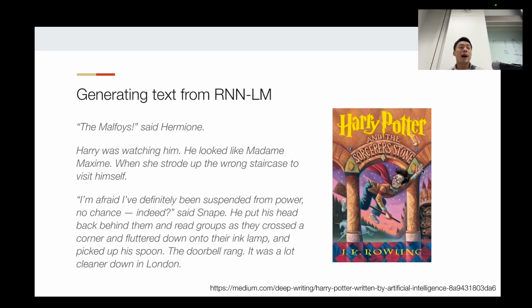All right, RNN-LM is a wonderful neural language model. So if you train an RNN